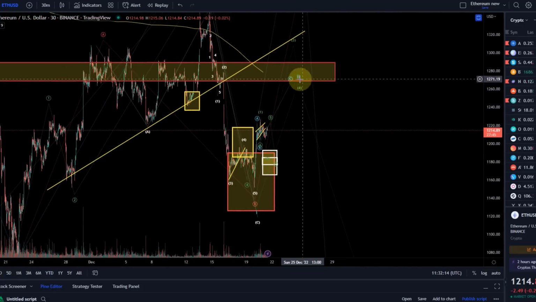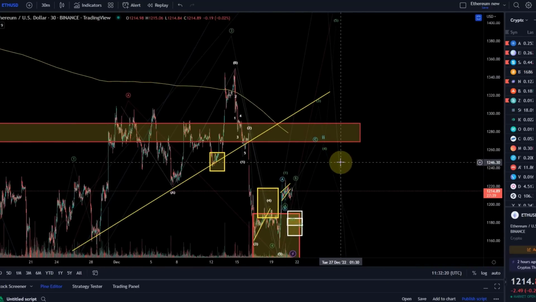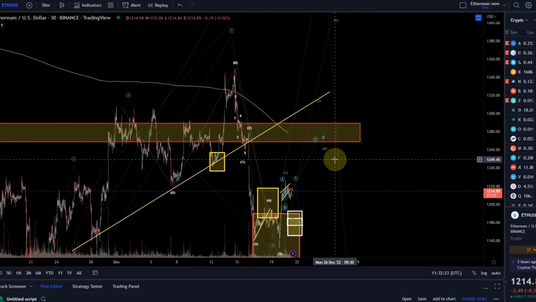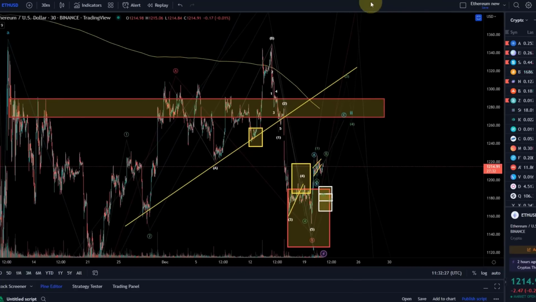If we see a strong reaction to 1270 and come down quite impulsively, it would suggest we are in the blue count. If we only see a short setback, hold a support level and go higher, it would suggest we're probably in the green or the red count, which would send us higher into the 1400 region. But I'll keep you updated. It's very, very tricky at the moment.